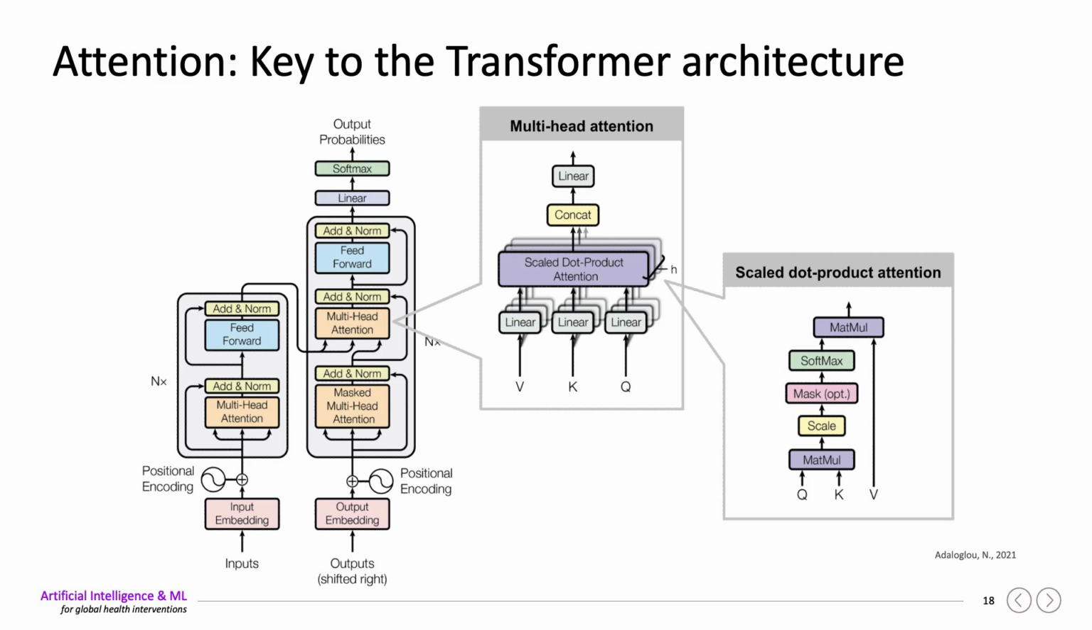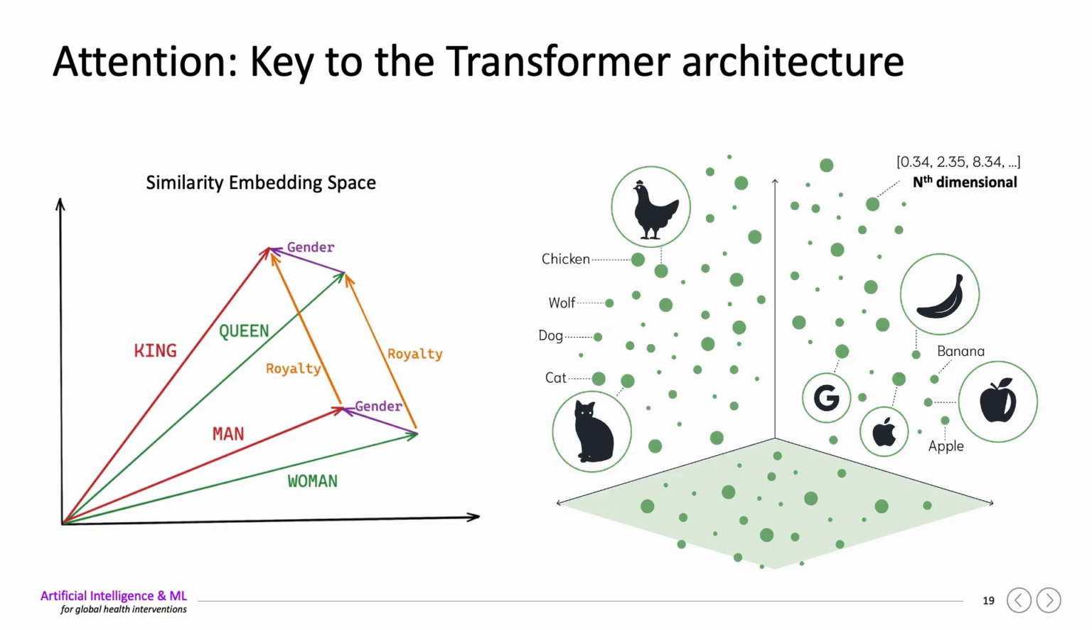Keep in mind the standard equation. Attention of Q, K, V equals softmax of Q times K transpose divided by the square root of d_k, all times V. This slide shows a classic embedding space intuition, the king, queen, man, woman example, in a